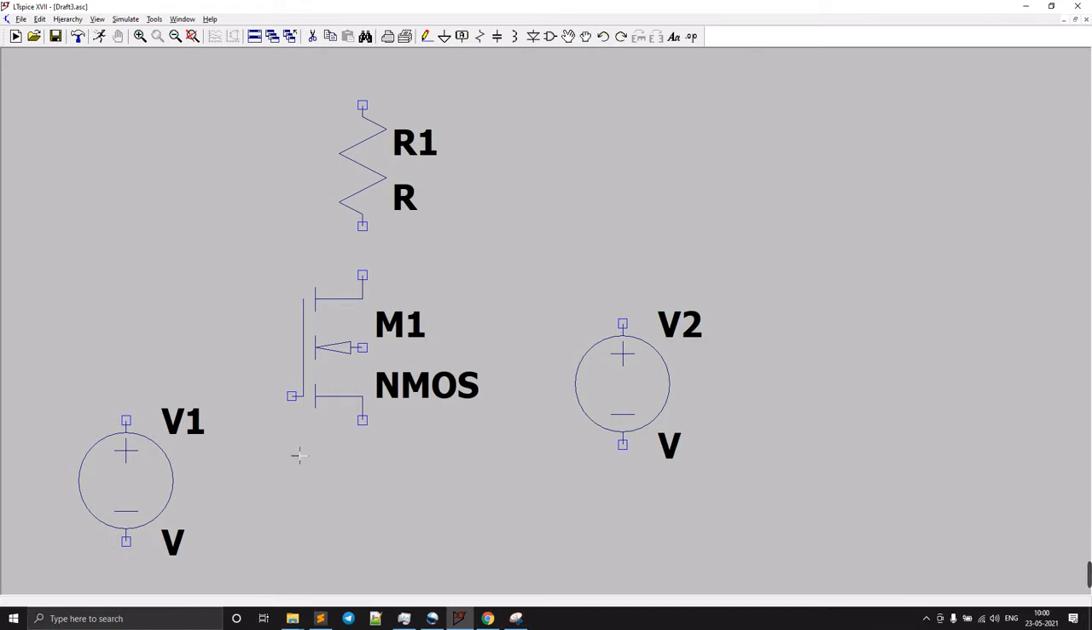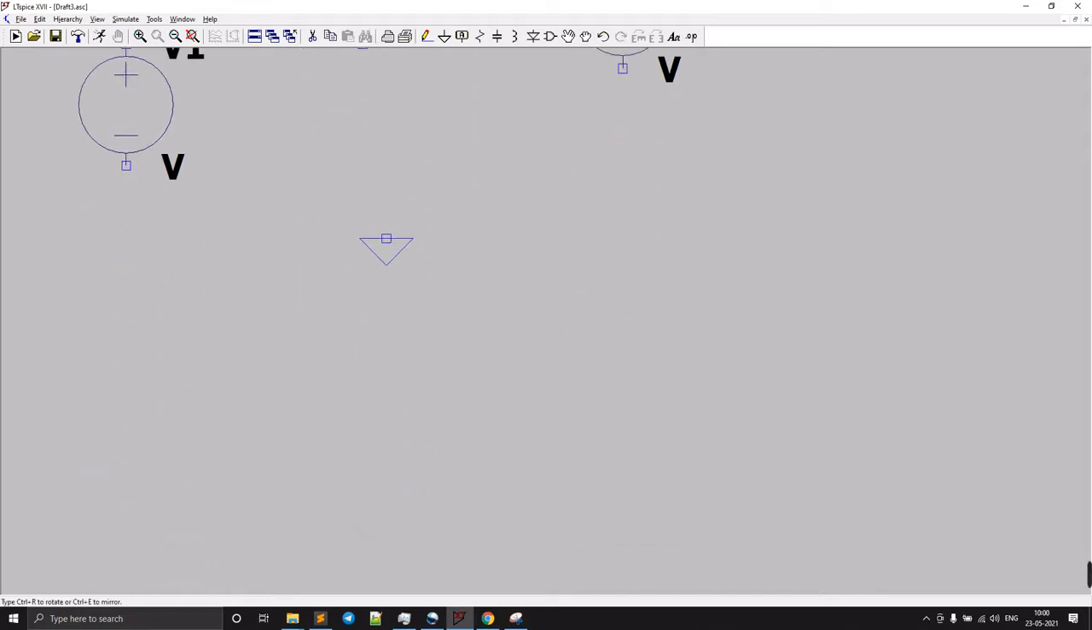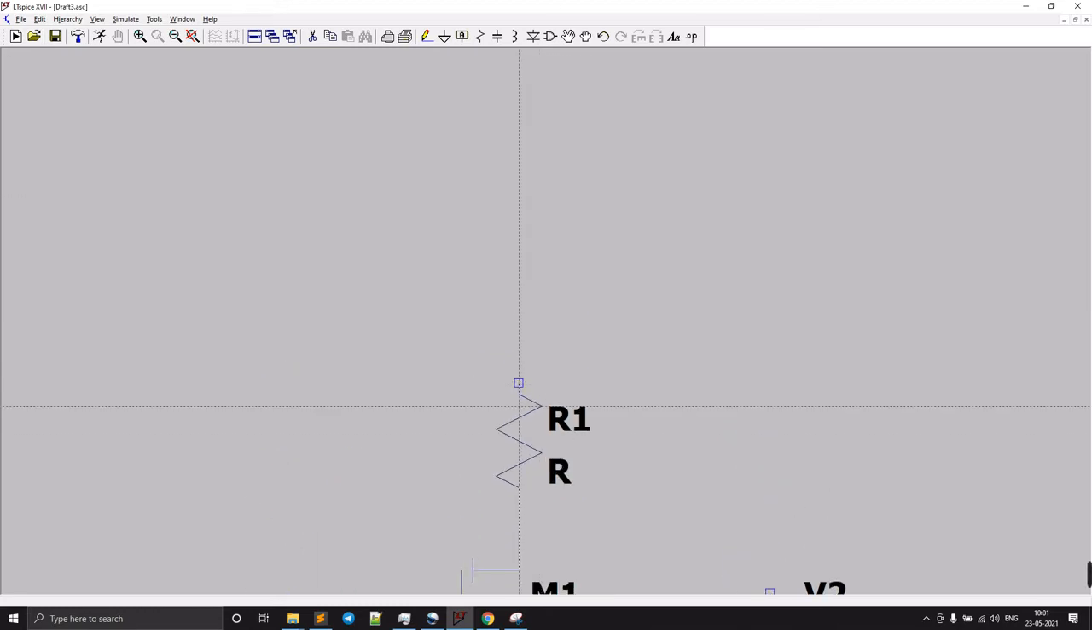After the completion of this circuit we are going to replace this resistor by the PMOS, that is the diode connected PMOS transistor. This is the input and we need ground for these things. Now we will join the wires for our circuit. So from here to here and from here to